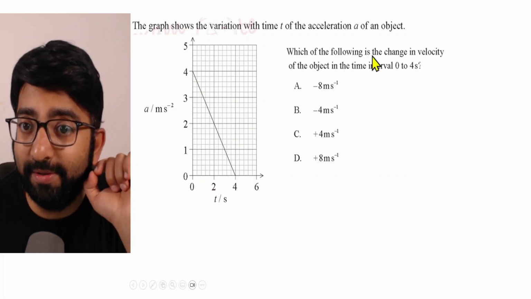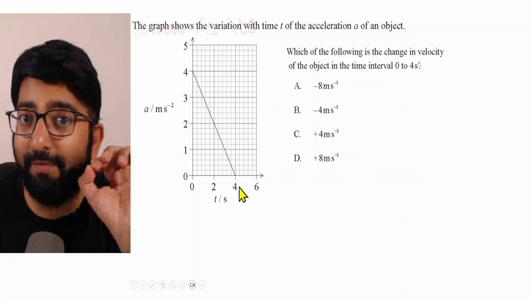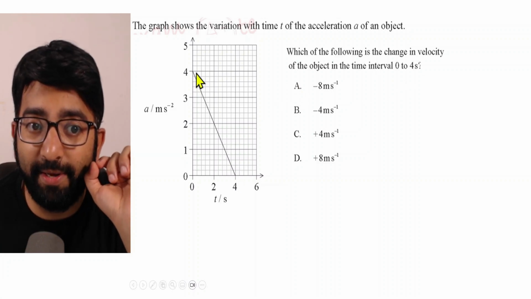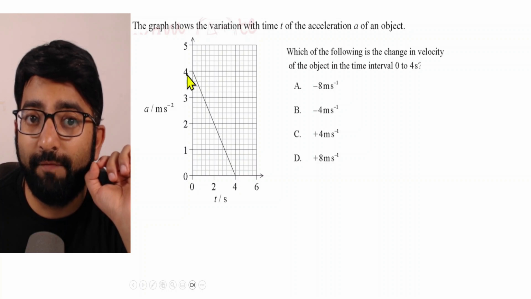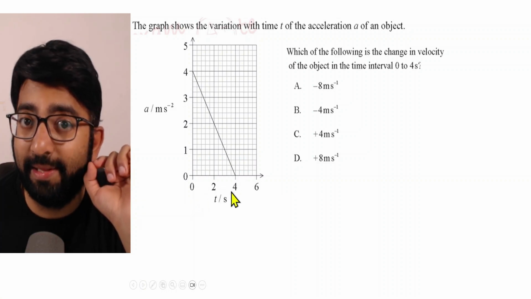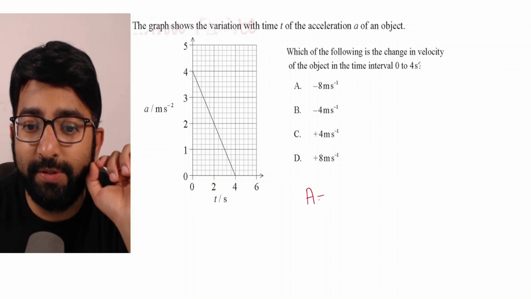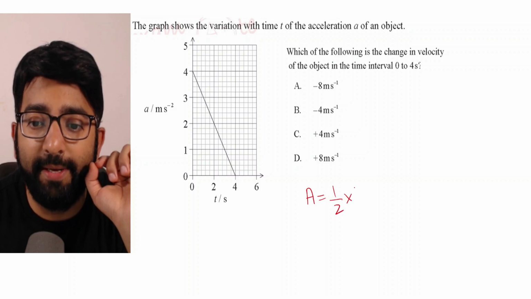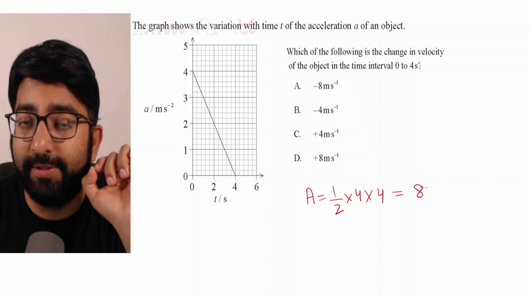And that is why to find the total change in velocity, all we need to do is find the area under the graph. And area under the graph means area between this line, the x-axis and the y-axis. So this triangle area is what we are supposed to find. Now, this is a right angle triangle having the base length as 4 units and the height is 4 units. So let's write down, area of this triangle will be half base into height. Base is 4, height is 4. And if we solve this, we will get 8 as the answer.